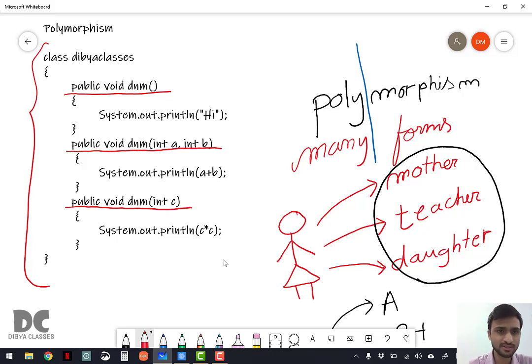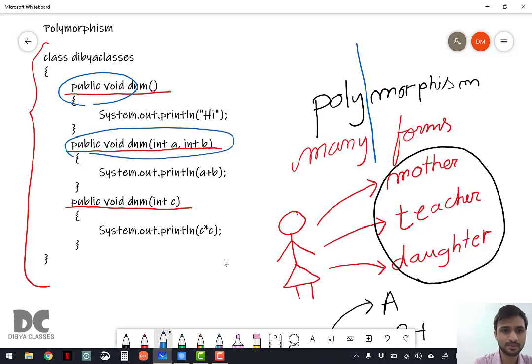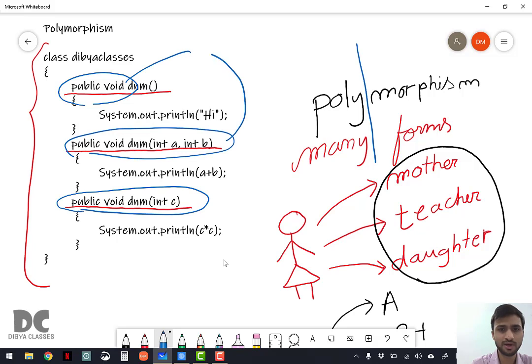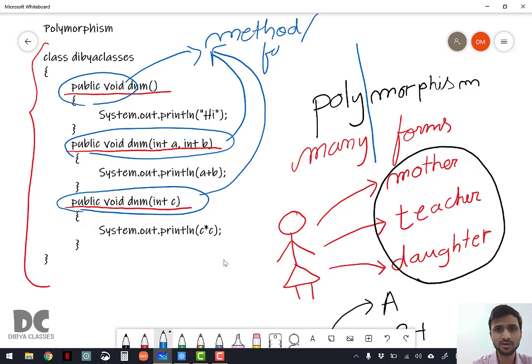So can you see this? This public void line, this public void line, this public void line. Remember for now, this line is known as a method or also known as a function.